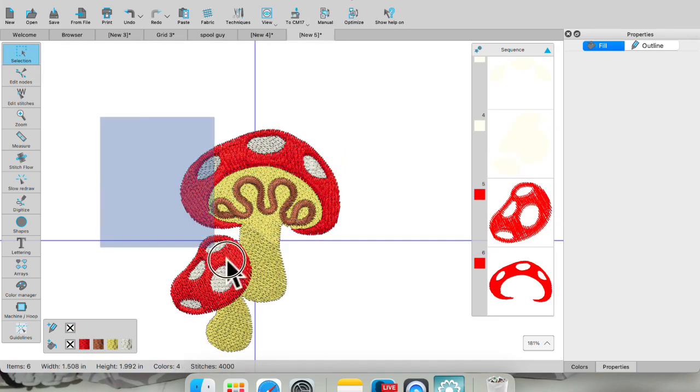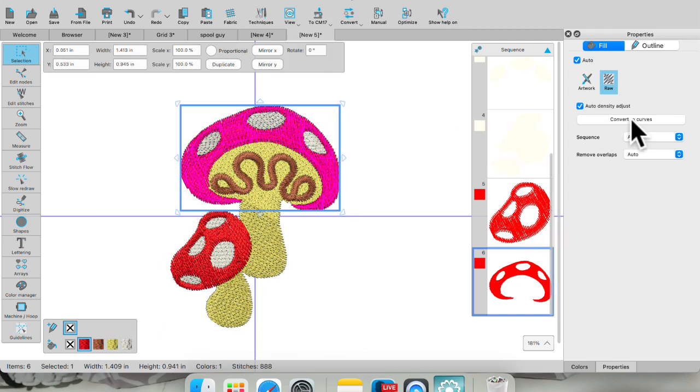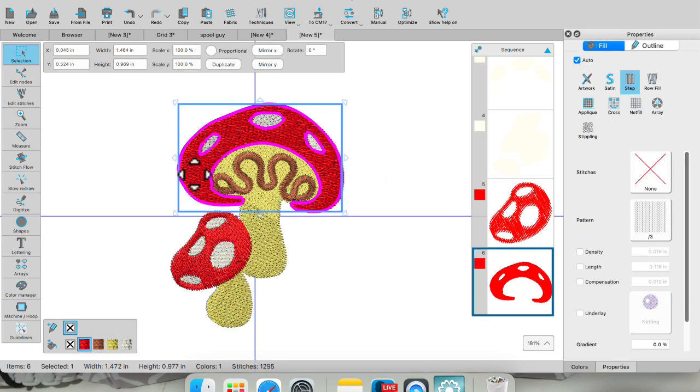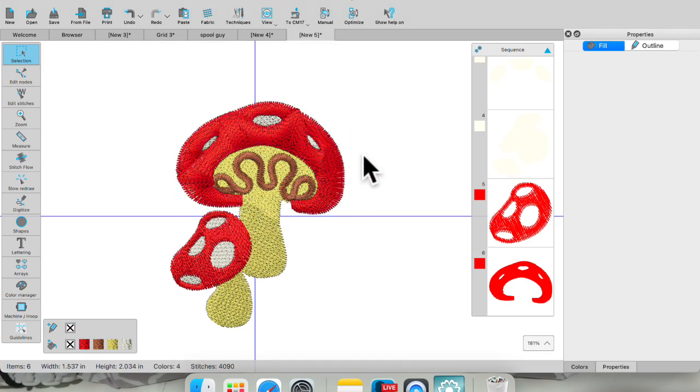So when I do that, and you can convert just a section, like say I like this part, I can do convert to curves. It changes it to a step fill, and then I could change it back to a satin, or a satin with a pattern. But when I do that, that's when it gives it the elements to create it into Clipart. Okay, so if you already have JEF designs, you'll have to save those in your folders to use them and bring them in. But if they are